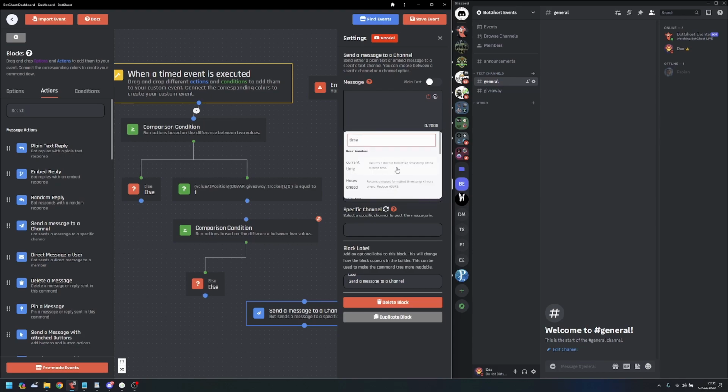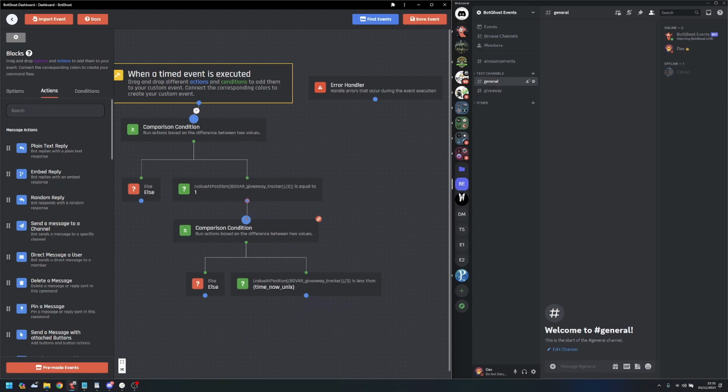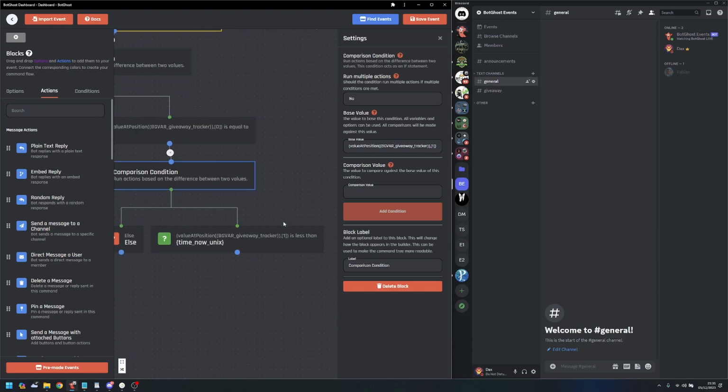So if we go down to time, we actually can get the current time. This will be a Discord formatted timestamp. We want the current time in Unix, which is just going to return that Unix timestamp. And we are going to use that in our comparison condition. Delete this to make it nice and easy to see. So the giveaway is active. Now we want to check